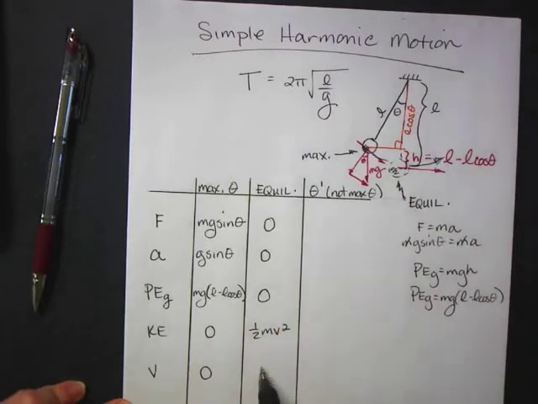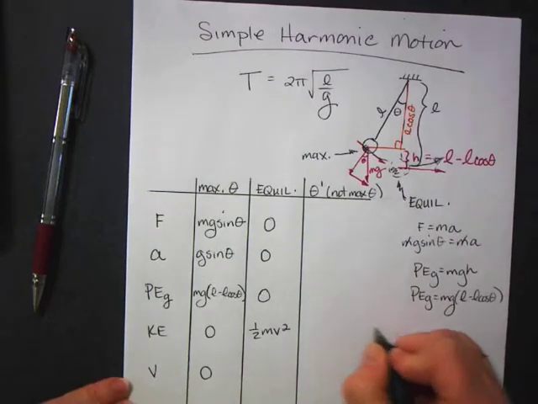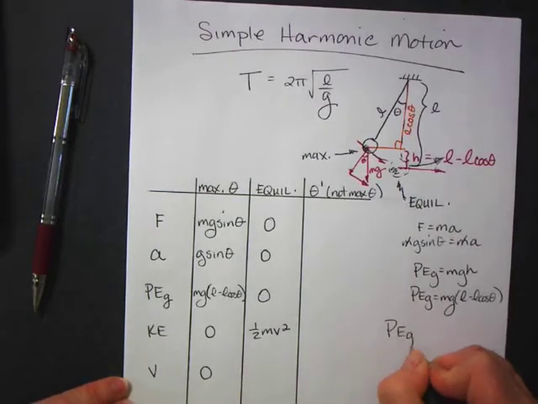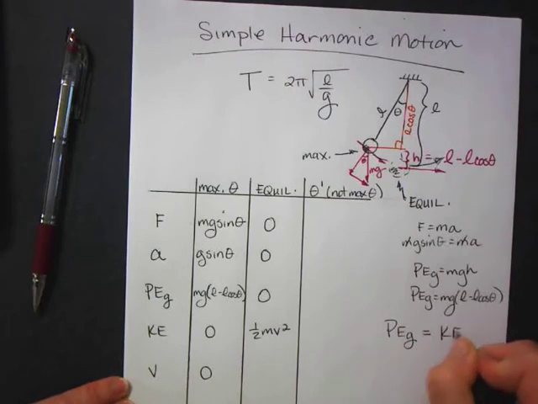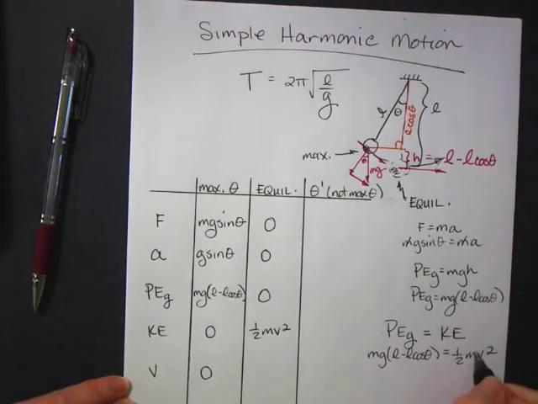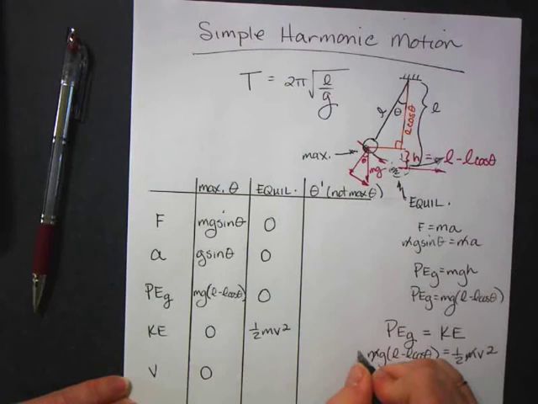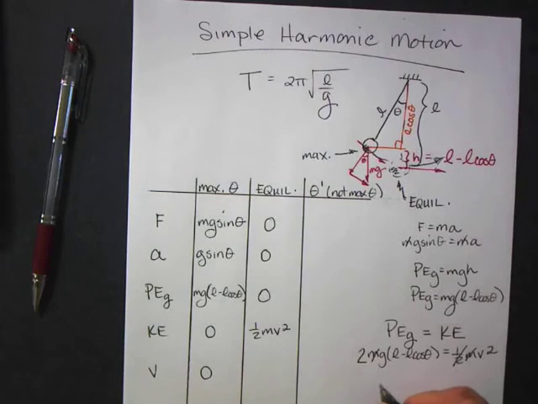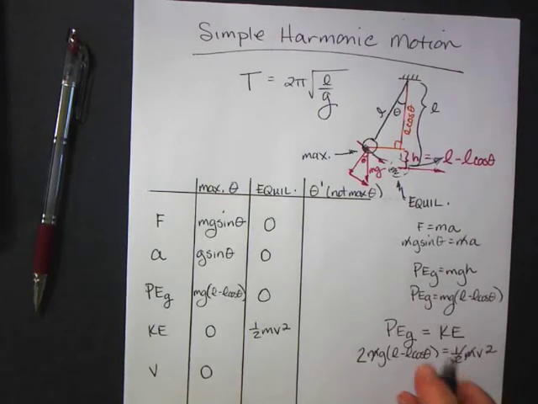The kinetic energy is 1/2 mv squared. And of course, to figure out the velocity, now we're going to use these two together. So here's how we're going to do it. Potential energy due to gravity will convert to kinetic energy. So I'm going to substitute this equation, mg times the quantity L minus L cosine theta, turns into 1/2 mv squared. The m's will cancel. I'm going to multiply both sides by 2 and then take the square root. And we end up with